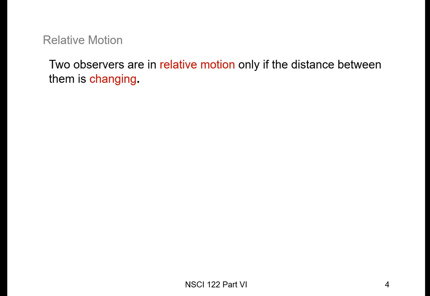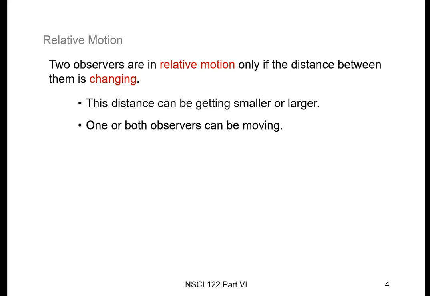Okay, so what do we mean by relative motion then? Two observers are in relative motion if the distance between them is changing. That's the key. That's the only way they're going to be in relative motion. Now, the distance can be getting smaller or larger. So the observers can be getting closer together or getting farther apart. They're still going to be in relative motion. One observer can be moving, or both could be moving. One could be stationary with respect to us, and the other could be moving. Or both could be moving,